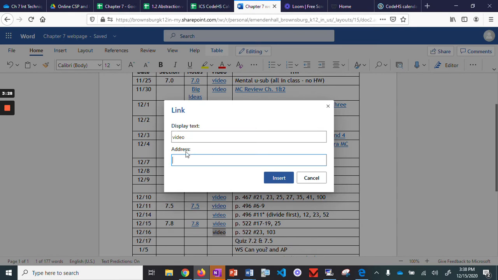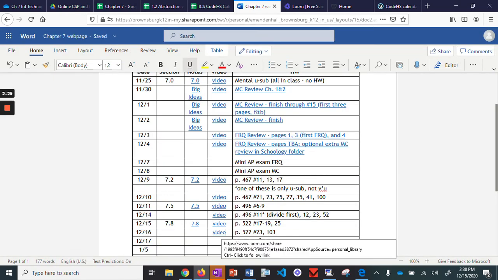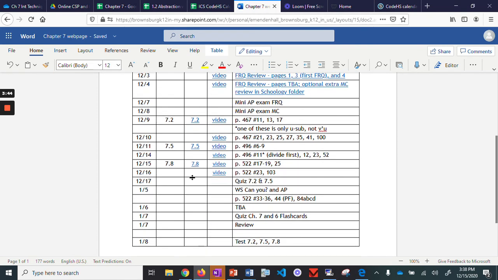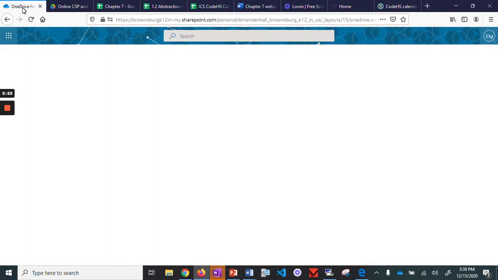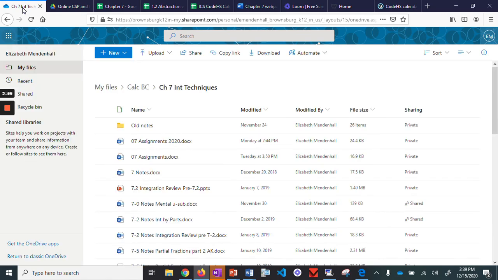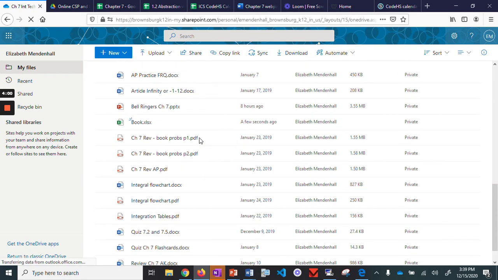I can choose what text I want to display. Video is fine with me, and then I just paste in the address and insert it. This becomes a clickable link for students. If I want to add a link to my materials, so if I want to add the notes sheet for this one, I have all my notes in a column here. Say I wanted to add 7.8 notes again. I could then go into my OneDrive, and again I just leave all this open all the time in one browser so that I don't have to reopen these every day. I find my notes section,